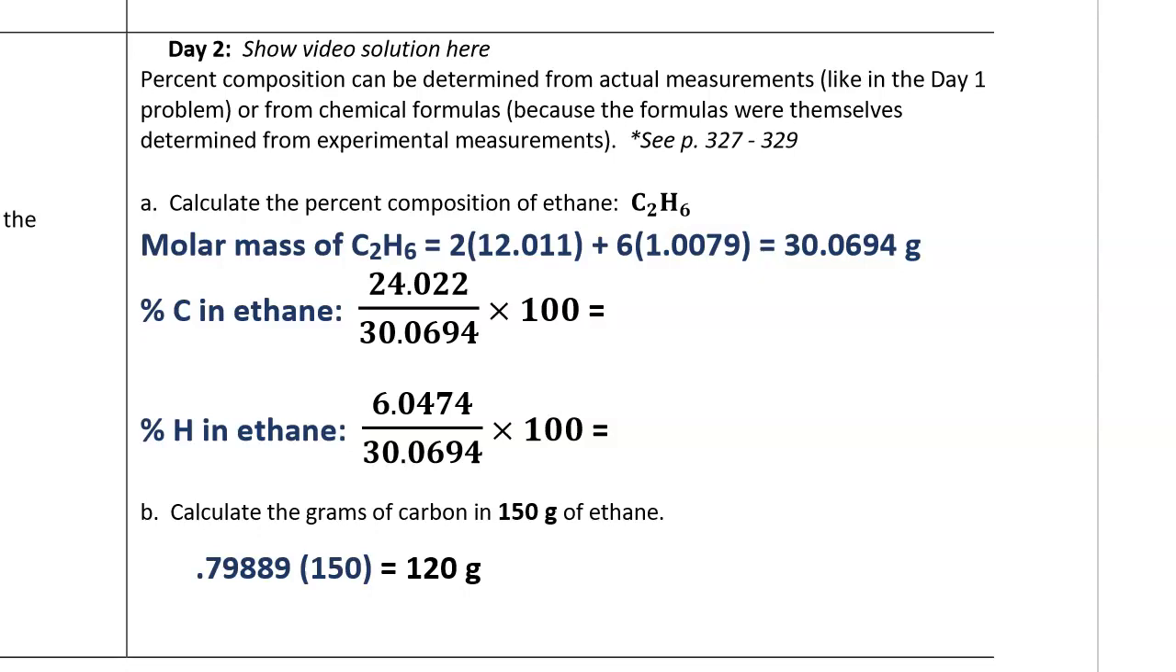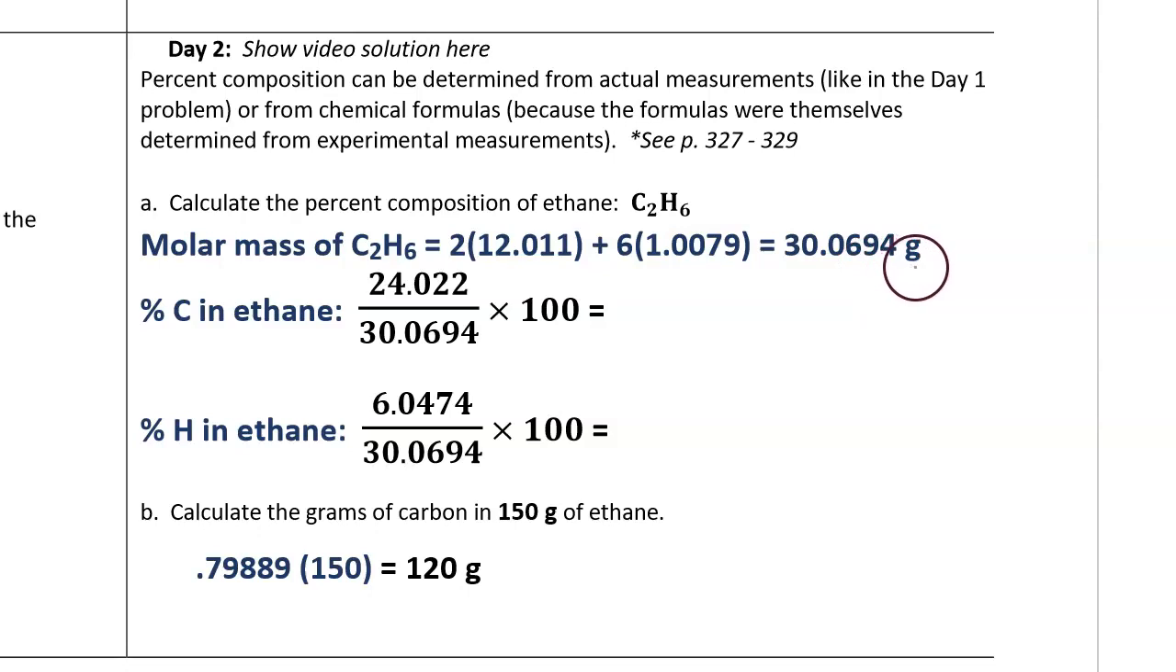And here we have the formula of ethane, C2H6. The first thing you need to do is find the molar mass of C2H6. On the periodic table, look up the mass of carbon, it's 12.011, and multiply by 2 because of the subscript on the C. Then we're going to add on the mass of hydrogen. Look up hydrogen, 1.0079 on the periodic table, and multiply by 6 because of the subscript of 6. 2 carbons and 6 hydrogens weighs